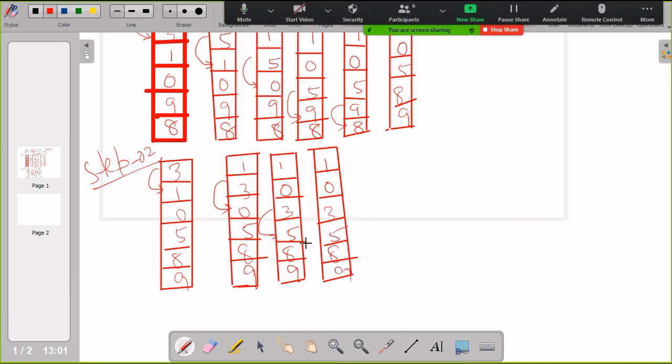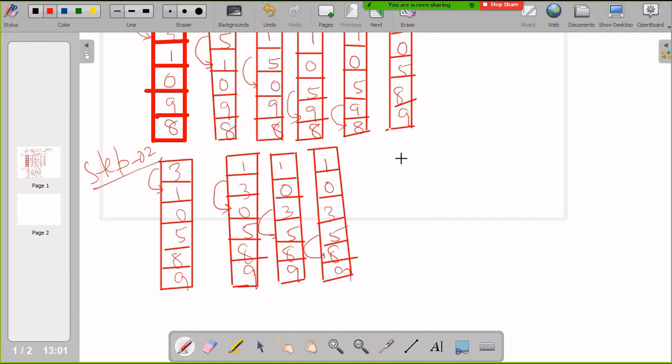Now next time there will be a comparison between 5 and 8. Again the elements will be sorted like that. So 5 and 8 will remain as it is.